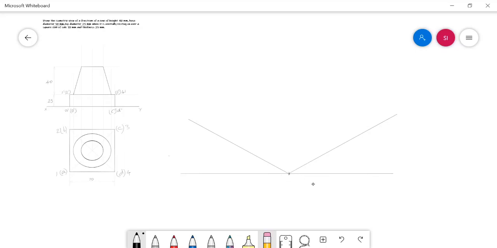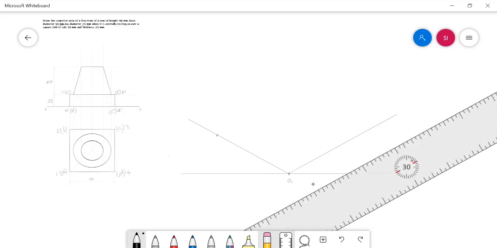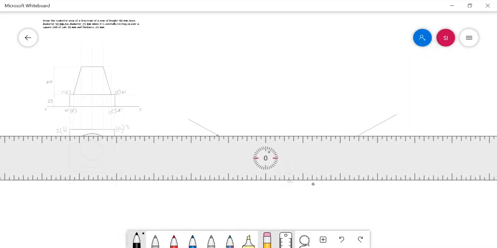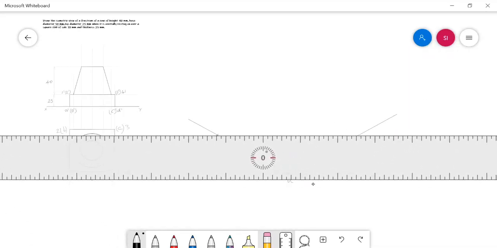Here I can locate A. With respect to the position of A, we can mark the positions B, D and C. Here I am taking the dimensions in an approximate manner only, but in your paper you have to take the dimensions in an accurate manner.